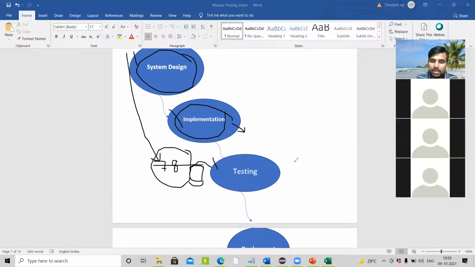Once their testing is done, they are going to deploy to the customer location, and once customers start using the application, they are going to find some issues, and those issues we are going to resolve in the maintenance phase. Okay, so all this process we are going to follow in the waterfall model. There are two things I have explained: the developer used to test the application, and requirement changes are not allowed in the waterfall model.